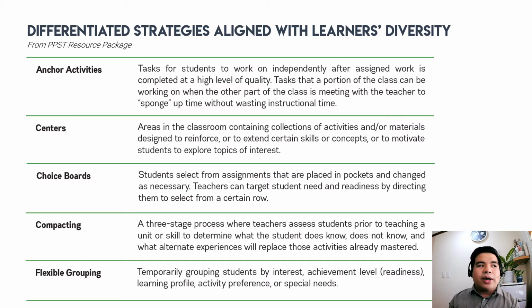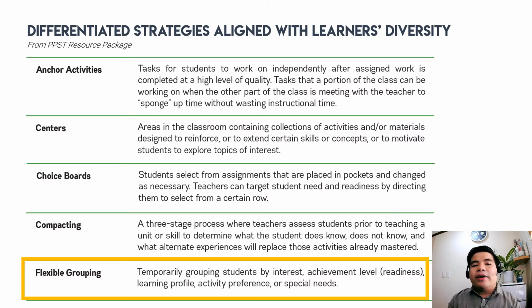So I think we will find it challenging in applying this in the new normal. However, let's look at some of the strategies that can still be possible. The first one is flexible grouping. This one is temporarily grouping students by interest, achievement level, or readiness, learning profile, activity preference, or special needs. I actually have this research proposal which looks at the possibility of cooperative and collaborative learning activities in